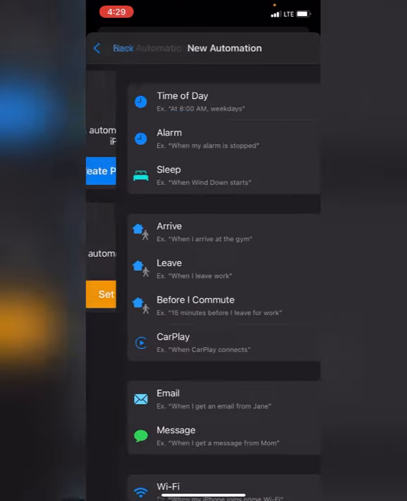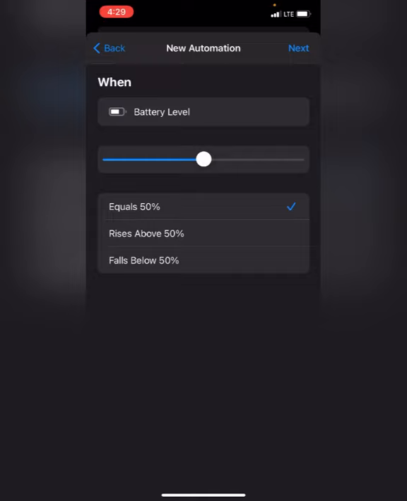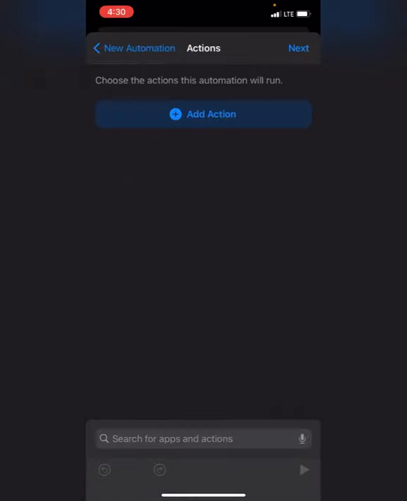Then we'll click that. Then scroll down, and you can see the battery level option, click on that. Here we can see there is a meter, so we can set up our battery level percentage. So I am setting the battery level percentage to 95%. So when the battery level, while charging, reaches 95%, it will automatically create a sound or music or anything that we can add here.